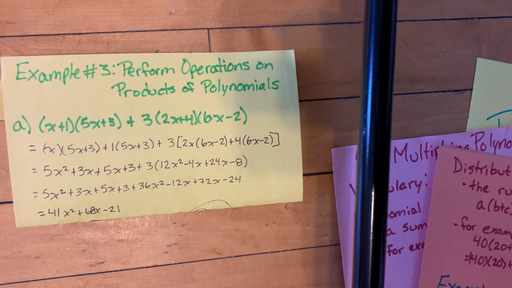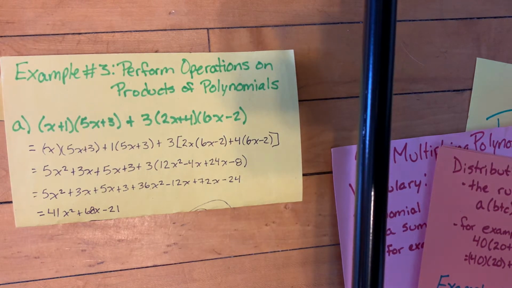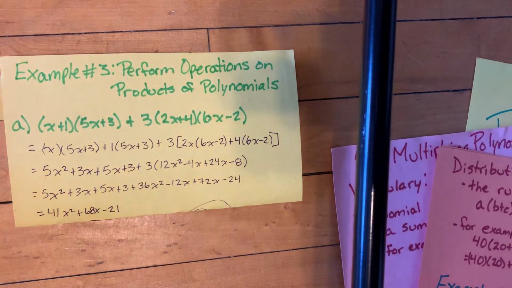So here's example 3, performing operations on products of polynomials. Products means that you're multiplying. So for example, we have (x + 1)(5x + 3) + 3(2x + 4)(6x − 2). What we're going to do is first take our x and our x plus 1 and